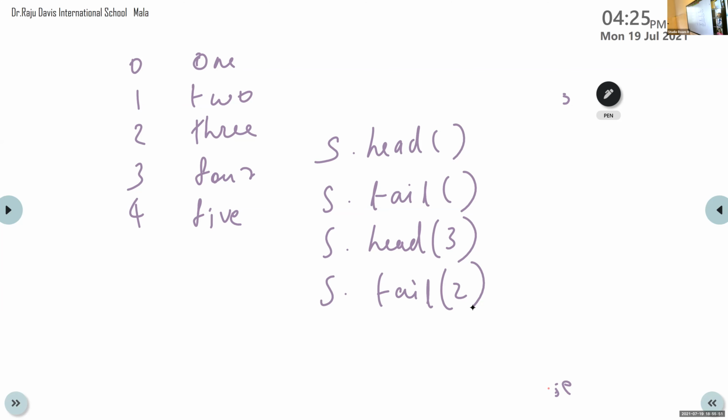Amal, what about the S dot tail? What is the use of tail, Amal? Tail is used to display from bottom to top.